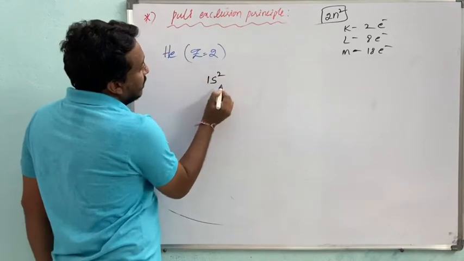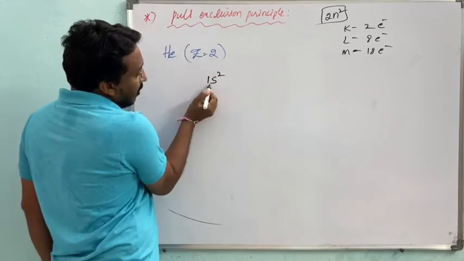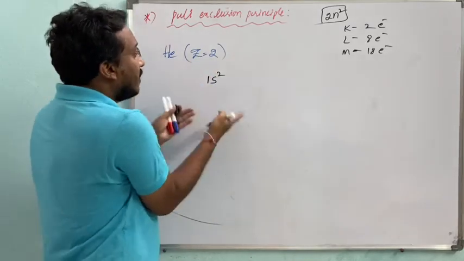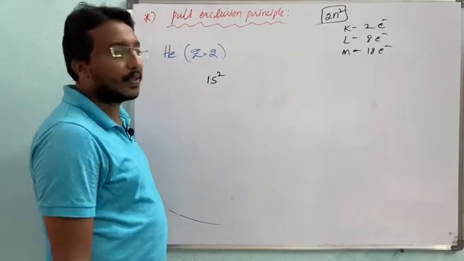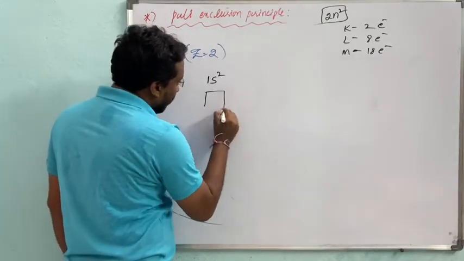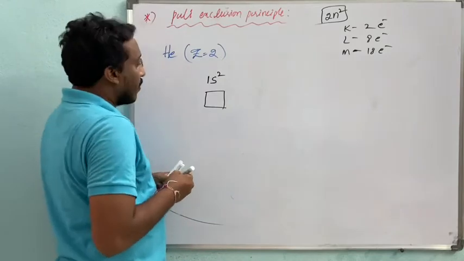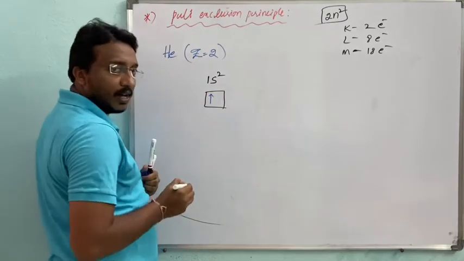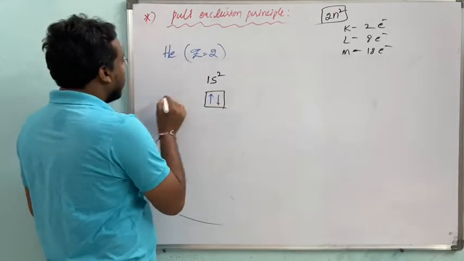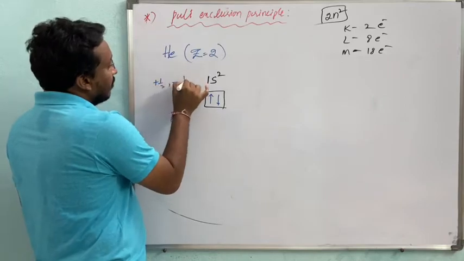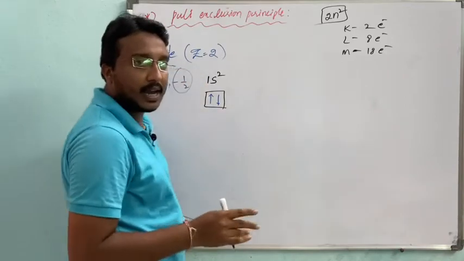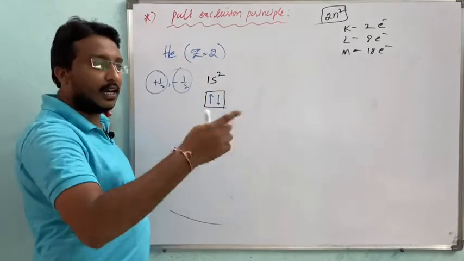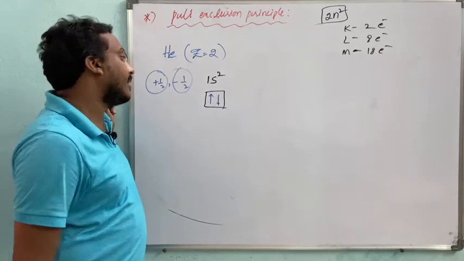Here 1s2, the principal quantum number is 1, so it is the K shell, which holds a maximum of 2 electrons. All the 2 electrons will fit in this shell only. Now I will show the spin of the electrons: one with an upward arrow and one with a downward arrow. That means one is plus 1/2 and one is minus 1/2. We discussed that the spin quantum number has only 2 values, plus 1/2 and minus 1/2. It shows the spin of the electron, whether it is revolving in a clockwise or anti-clockwise direction.